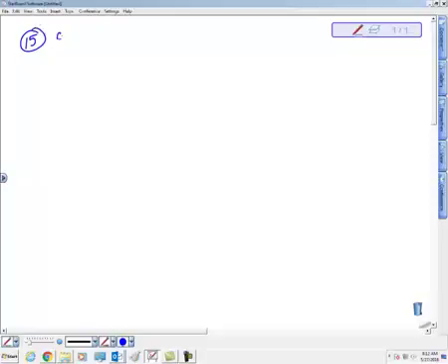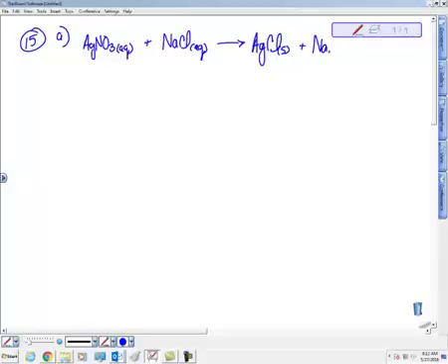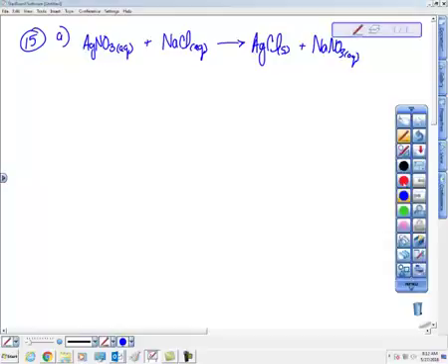So for problem A, this is what it looks like. AgNO3, labeled as aqueous, plus NaCl, also labeled as aqueous, is equal to AgCl, this is solid, and NaNO3, aqueous. Okay, so the first step when you're looking at these problems, first of all, sometimes the solubility will not